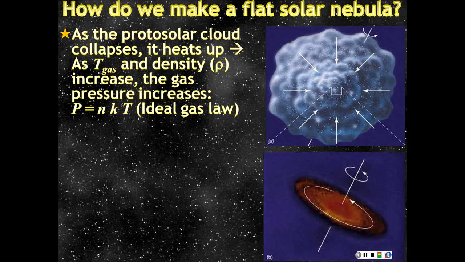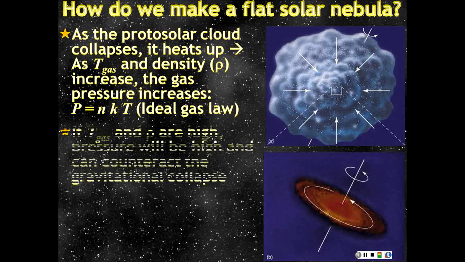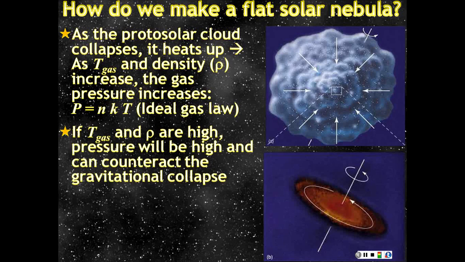And so what we get, we can assume it's an ideal gas, it is more or less, and so what we get is that as it's collapsing, the pressure is going up, and eventually pressure can counteract gravitational collapse. And so as long as the temperature increases, it will stop collapsing. But